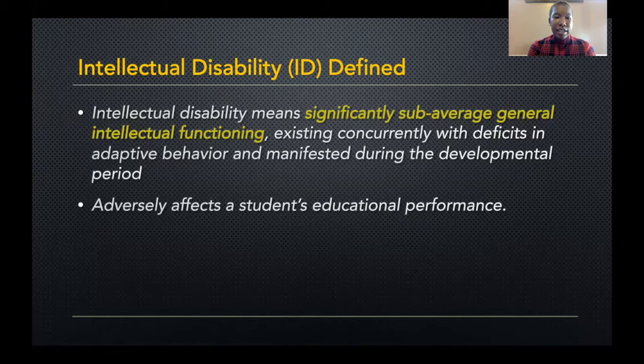All right, defined. Intellectual disability, or ID, can be defined as having significantly sub-average general intellectual functioning. And what that simply means is this student's cognitive level is low, cognitive ability is low, as measured by IQ score. So the IQ score that is obtained for a student who is intellectually disabled would be significantly below average in an IQ test,